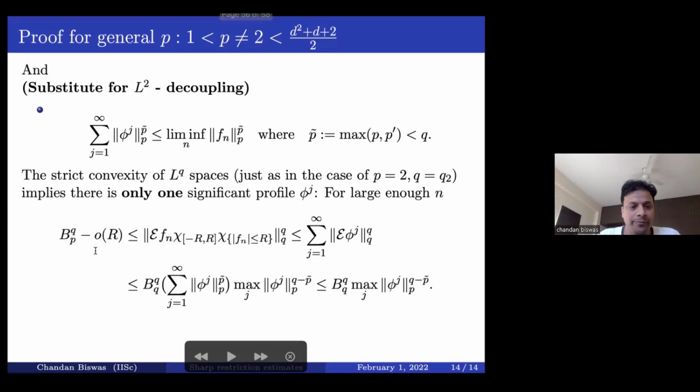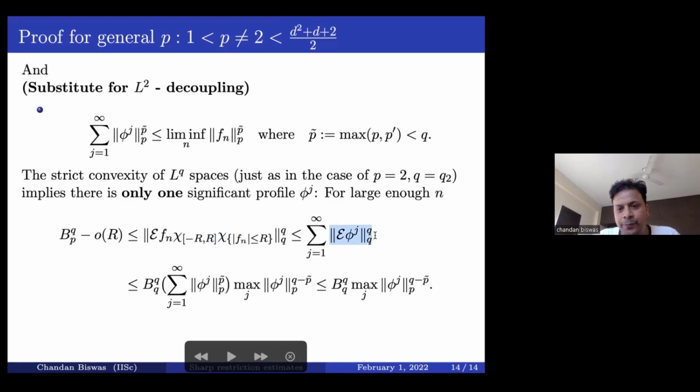And this can be proven this way. The qth power of the operator norm minus little o of R, where little o of R goes to 0 as R goes to infinity, is bounded above by the extension operator applied to Fn. You restrict Fn to this fixed compact interval minus R to R, also where Fn is less than or equal to R. Now we can apply the profile decomposition to these functions to get that the extension of this sequence is bounded above, because of the LQ decoupling, by the qth power of the LQ norm of the extension of